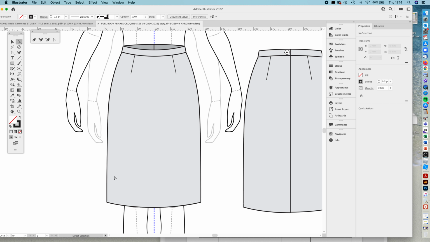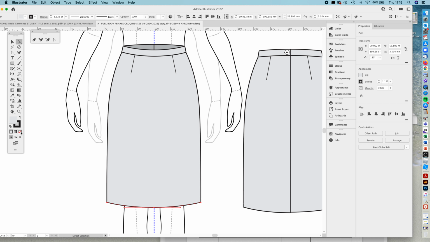So you get your direct select tool, so select the anchor, because we want to copy the line, the path here, the curve of the hem, because we really want a mirrored copy, so that it looks perfectly symmetrical and it follows the line of the hem, because that's the way it would look in real life. So if I go Command C for copy or Control C, and Command F or Control F,